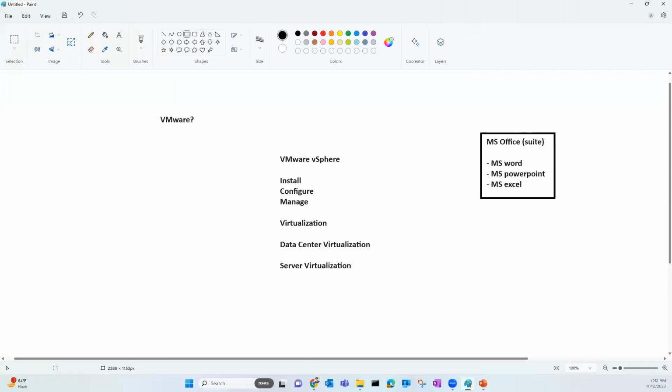So vSphere is basically a suite which consists of